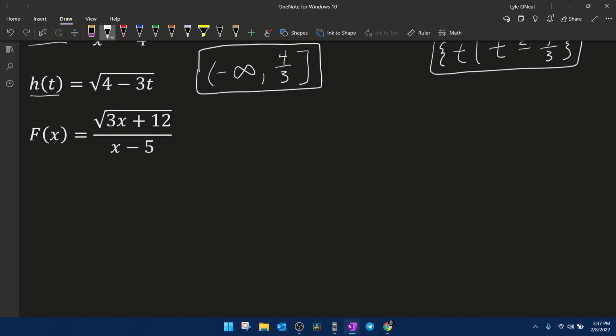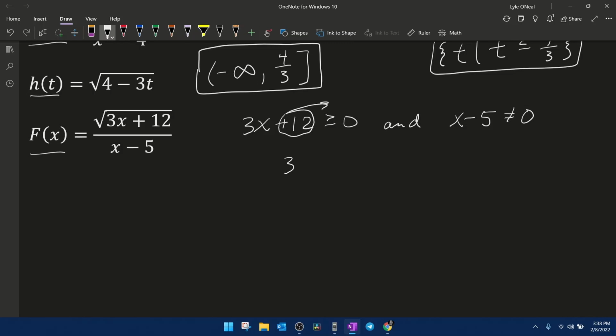And we've got one more function to look at, capital F of x. Here this is a rational function with a square root numerator. This is an example of a function that's going to have two restrictions. Remember that a square root has the restriction that the radicand must be greater than or equal to 0, but we also have the restriction that the denominator cannot be 0. So we're going to have to consider both of these restrictions and then combine them to get the domain. Solving the